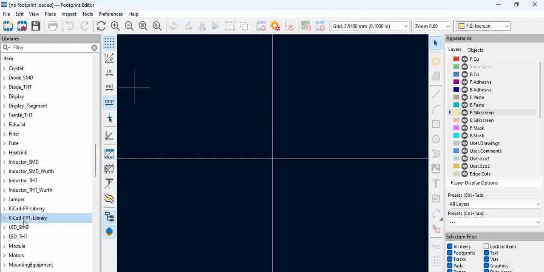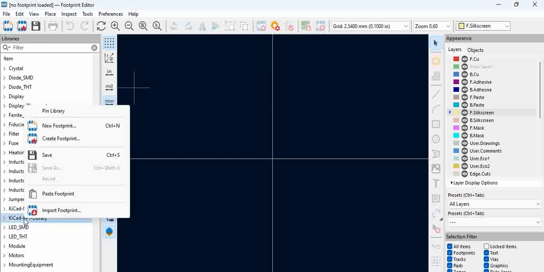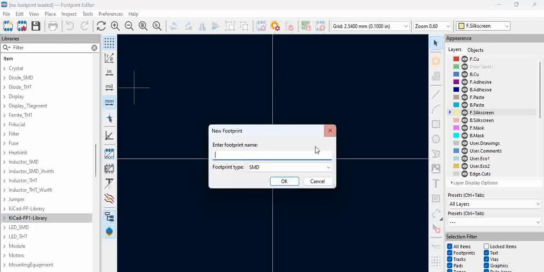Now go to your FP1 library. Okay, and here you can right click, and you have two options: new footprint, create footprint. Or here also you can see the options: new footprint, create footprint. Click on new footprint, and here what we are doing is